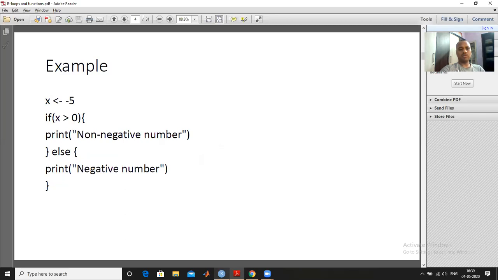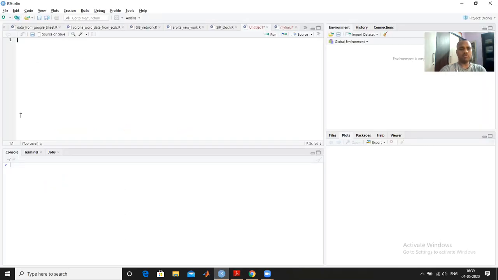so suppose I take x equal to, so this is our environment. So a long script file you can write down here, and this is the console, means small code you can write down here, or you can use it as a calculator. And this is the workspace where all variables are saved, and here you can find the files, plots, and packages, etc. So the whole window is divided into 4 different parts. So this is the RStudio.